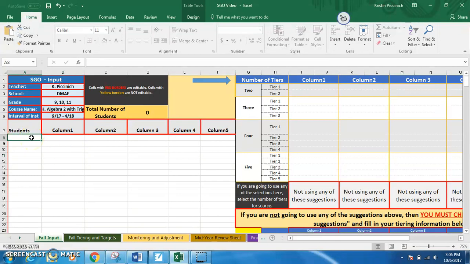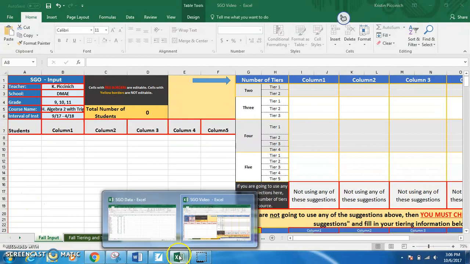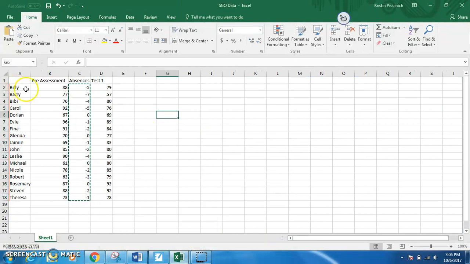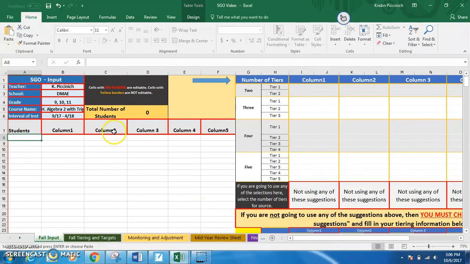Okay, so now that we've got that set up, let's start inputting our students. What I do is I go to Genesis and generate an Excel spreadsheet of my students' names. So let's pretend we did that. So we're going to just copy and paste our students' names into the spreadsheet. Okay. Column 1